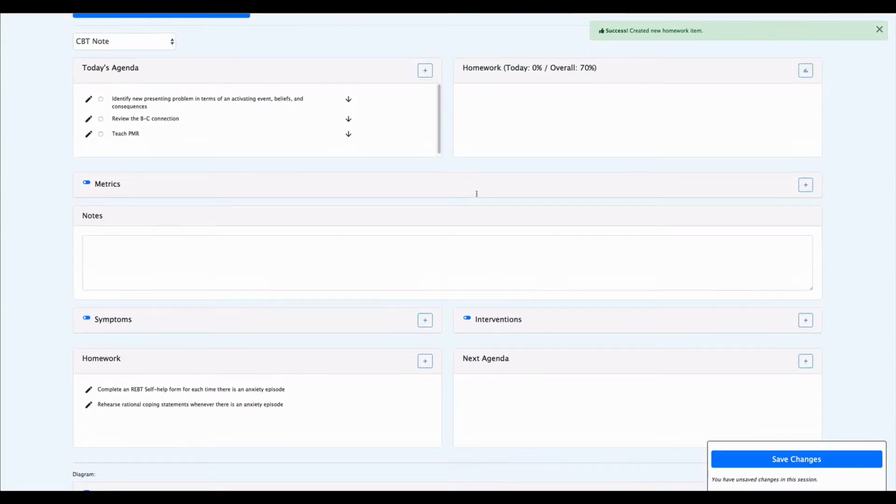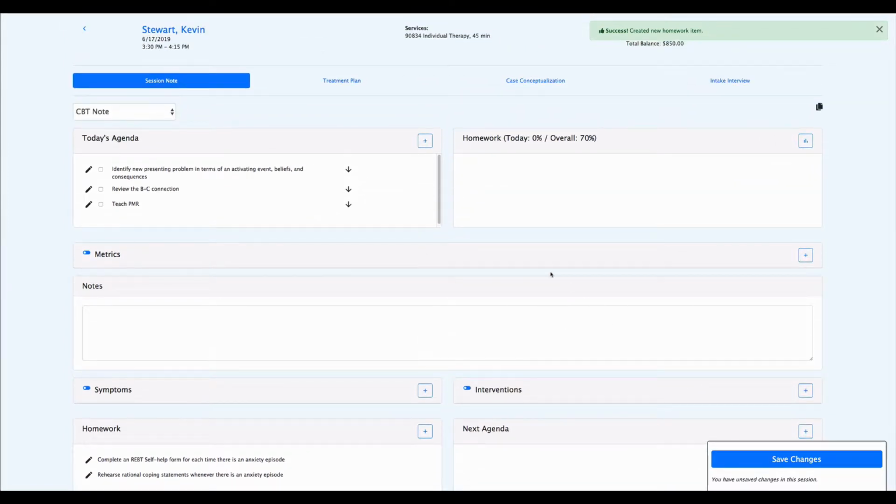All right, so now I've completed the interventions for the note, checked off what symptoms have been done. Now I'm going to come back and look, what did I do in terms of the agenda? Well, I identified the new presenting problem in terms of the activating event, beliefs, and consequences, and I did review the BC connection. I didn't have time to teach progressive muscle relaxation, and I want to make sure that I